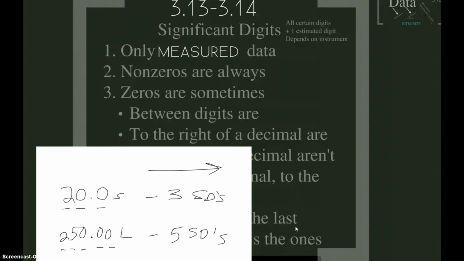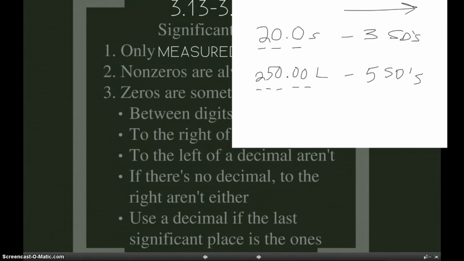Okay, now I'm going to go a little bit out of order from your book here and follow the presentation. So we've talked about zeros between digits, we've talked about zeros to the right. What if there are zeros to the left? Okay, what if there are zeros to the left? So for example,